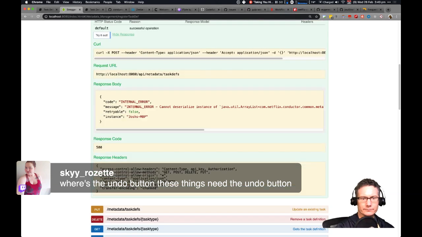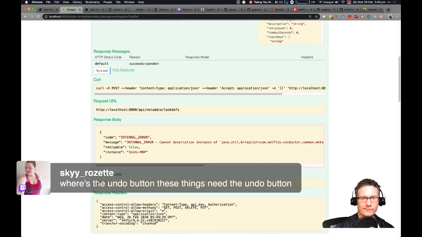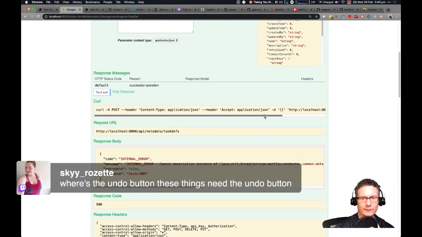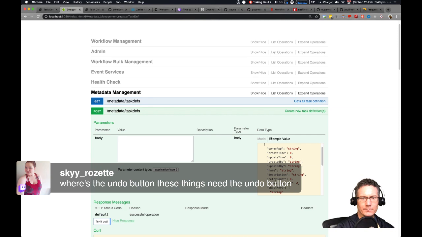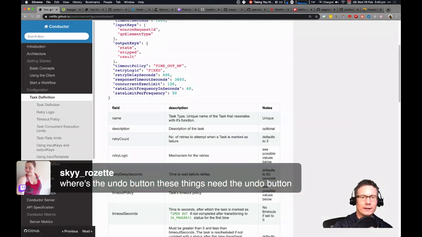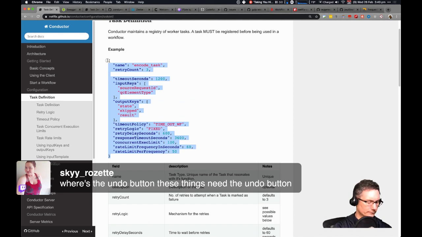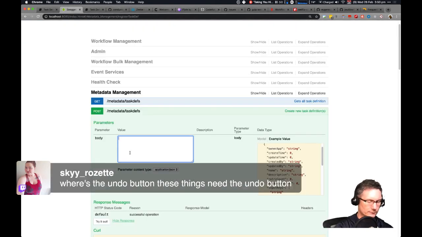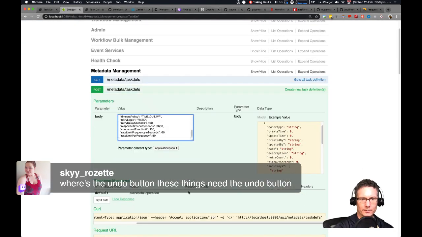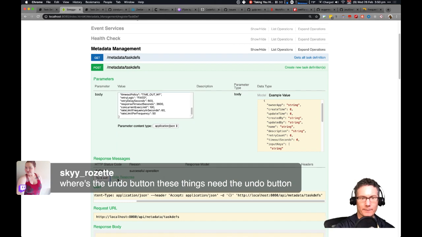Whoa. Doesn't actually have any example data, so you got to put the data in here. Okay, let's try grabbing this here. I mean, if you only have 149 downloads per week, we're not going to put much time in it unless you're using it.